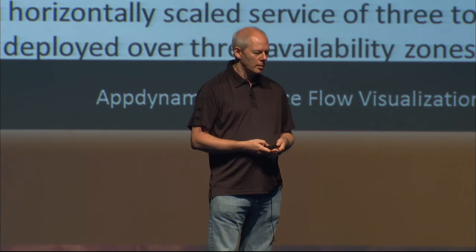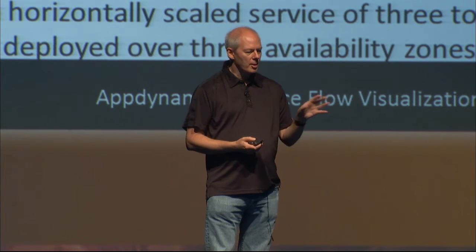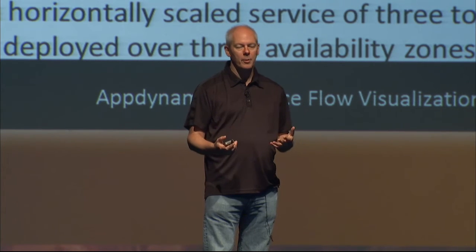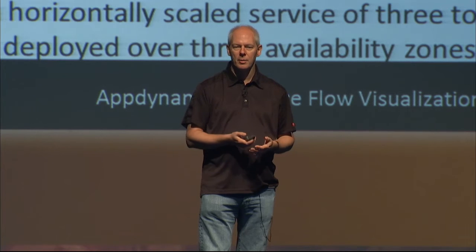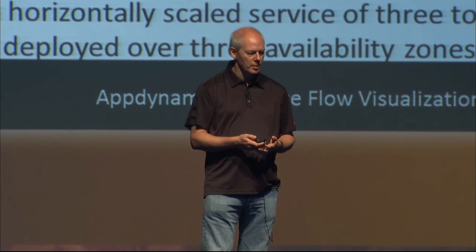Okay, let's see. More to say on that. So each of those icons on this show is over 3 zones and potentially hundreds of actual individual servers. All right. So each of those stateless microservices look like this.